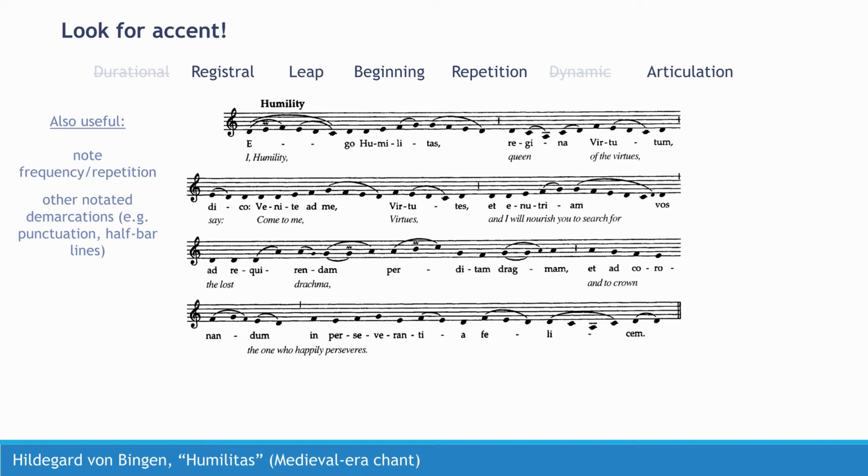Ego humilitas, Regina virtutum. Dico vanite ad me virtutes et nutriam vos ad requirandam peritam dragmam et ad coronandum and perseverantia